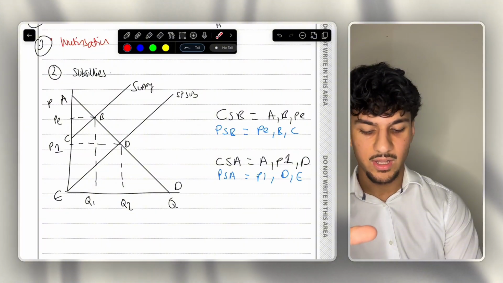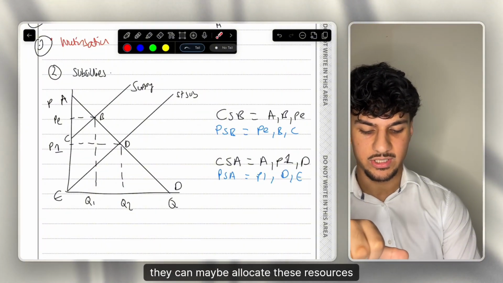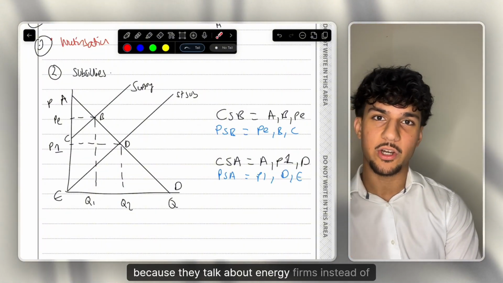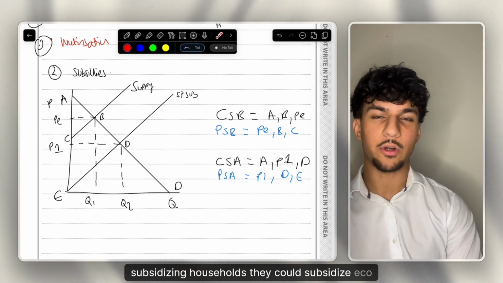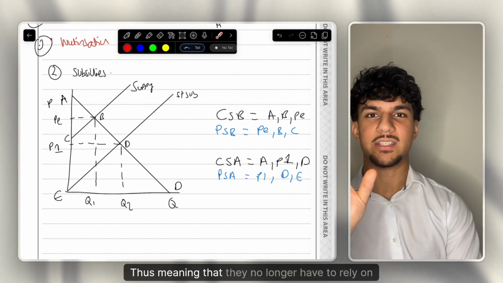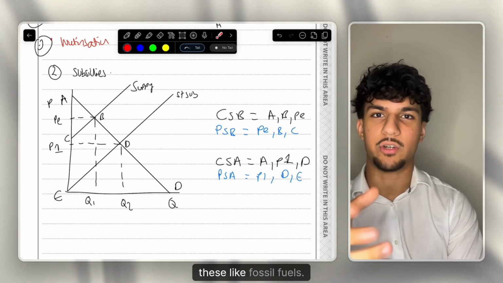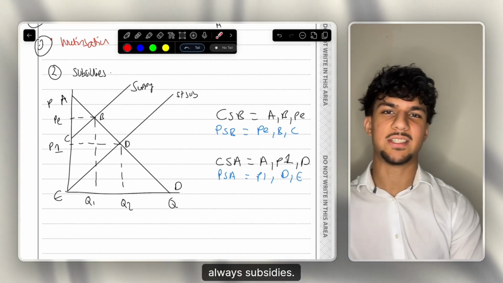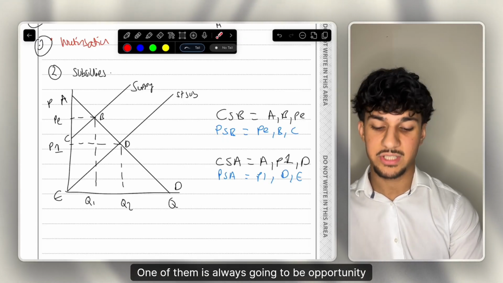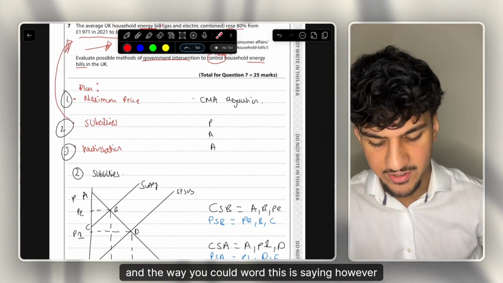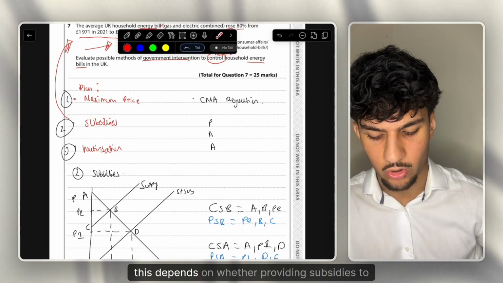Like I said before, they can maybe allocate these resources because they talk about energy firms. Instead of subsidising households, they could subsidise eco-friendly energy, thus meaning that they no longer have to rely on things like fossil fuels. With subsidies, the evaluation points are always quite simple. One of them is always going to be opportunity cost. And the way you could word this is saying, however, in evaluation, this depends on whether